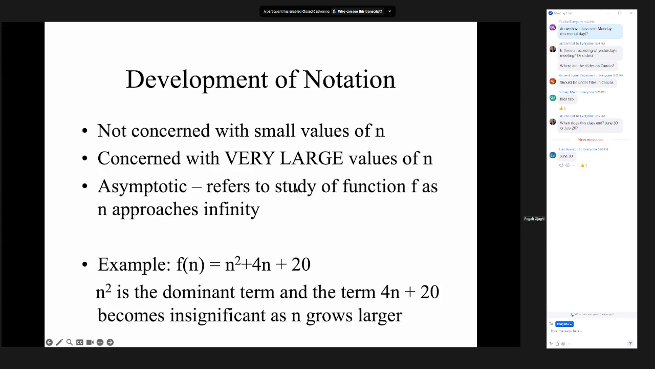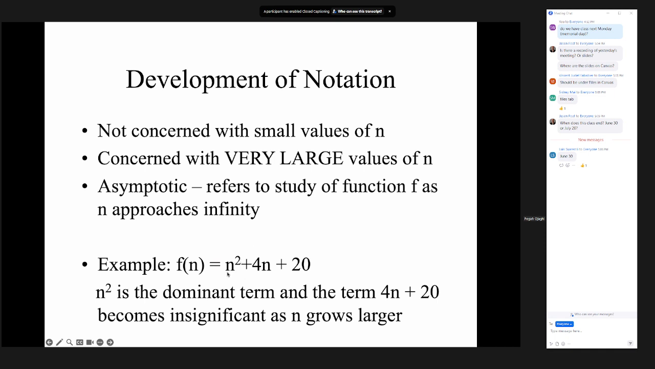So let's talk about asymptotic notation. Let's say I have an algorithm. The execution time of the algorithm, based on the number of inputs, is given by the function n squared plus 4n plus 20. So think about it: if I have only one input,